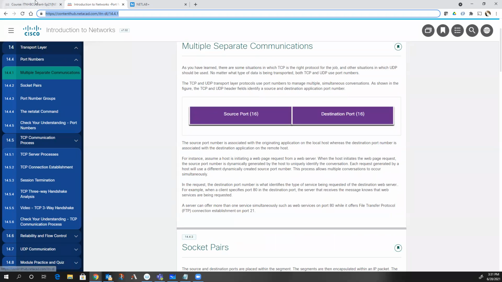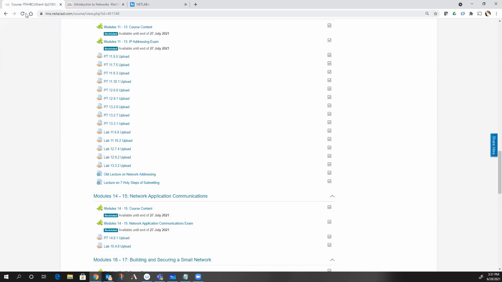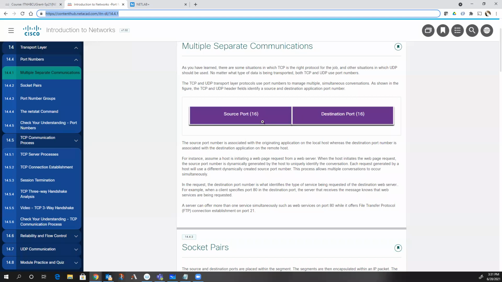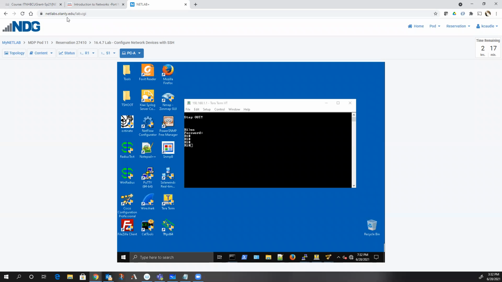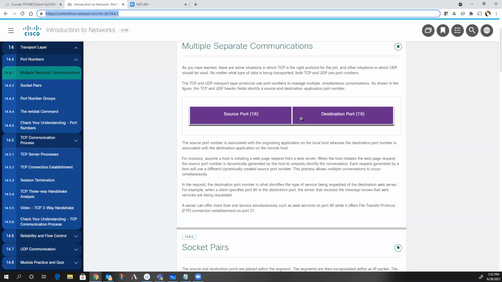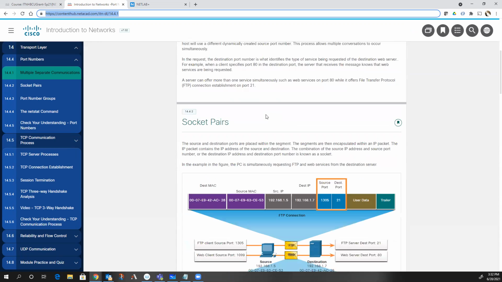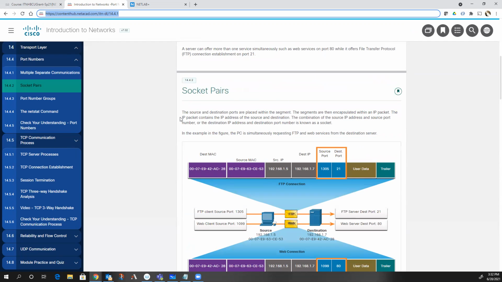So I've got a source port connecting from my machine to the TCP connection to lms.netacad.com. I've got a different connection with a different source port going to the destination of contenthub.netacad.com, and yet another one going to netlabs.stanley.edu. So we can use these in order to keep up with different separate communications. These are called socket pairs. In other words, if it's an IP address plus a source port or an IP address and a destination port,